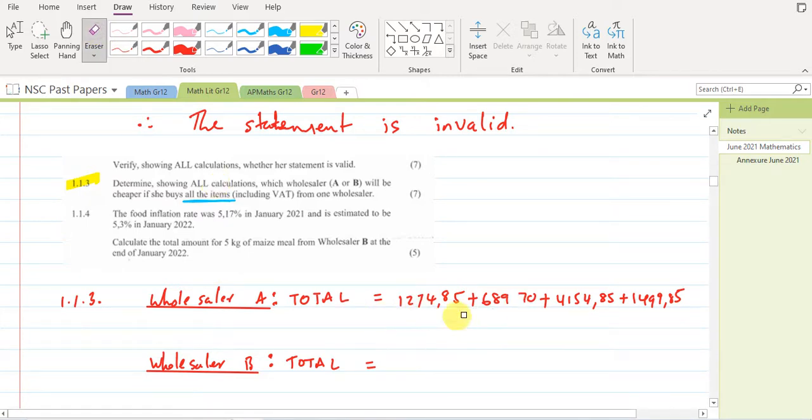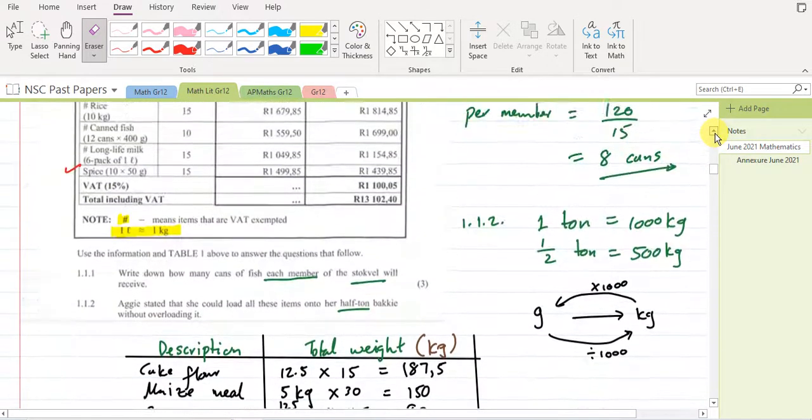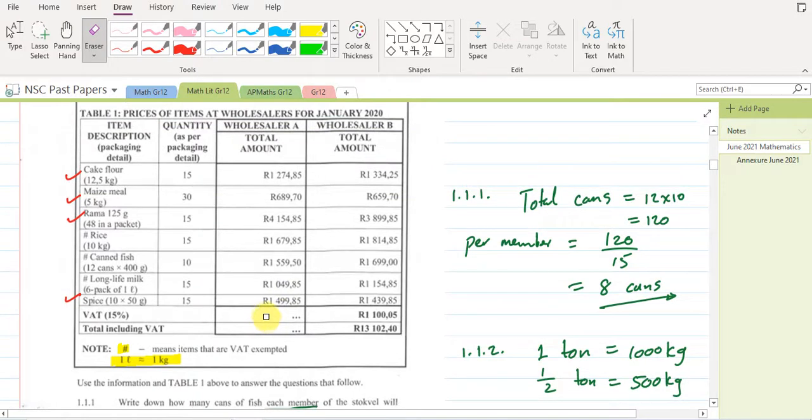What we should actually do is get the total for A over here, and include the VAT here. Correct. So we want to know how they got a VAT amount of